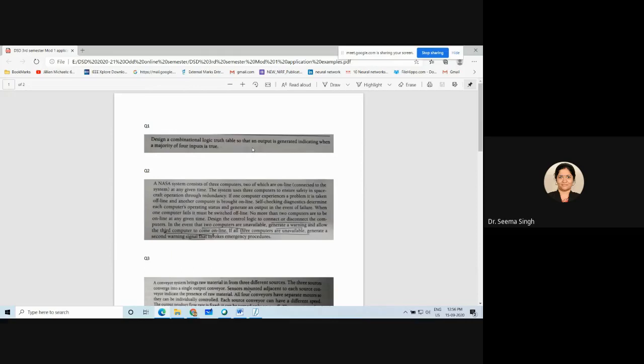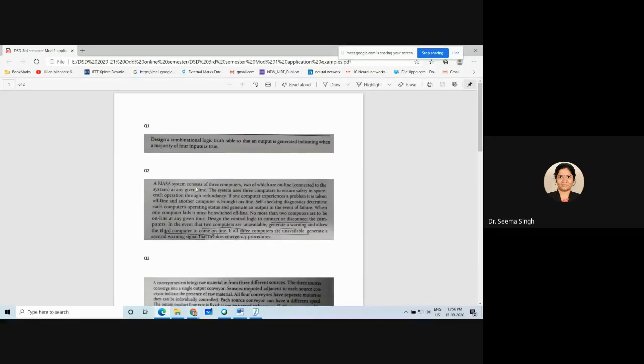Only one output variable will be there, and you need to make a truth table where your output variable will be high whenever the majority of the 4 inputs is high. That means it will be high for a 7, because 0, 1, 1, 1, 3 bits are high. 3 bits high means majority happens. So whenever 3 bits are high, majority happens and the output becomes a 1, right? I have given you some hint, some understanding. I want you people to make the truth table and show me in the next class.